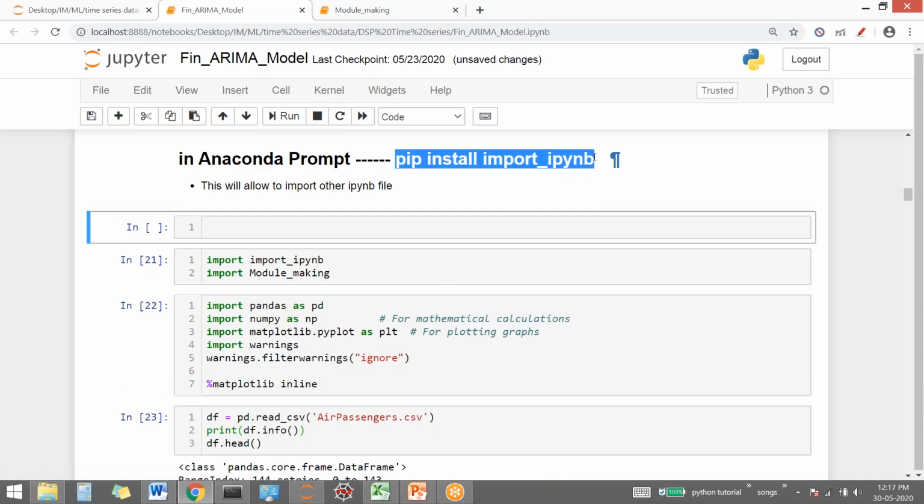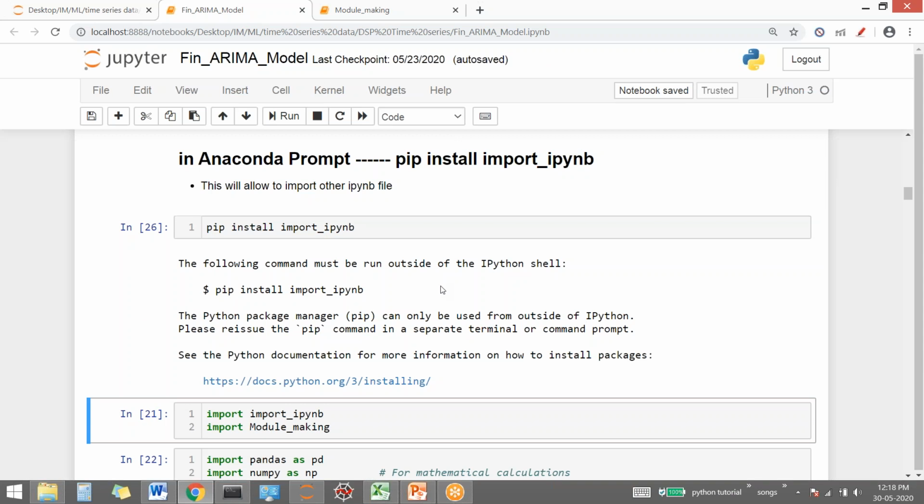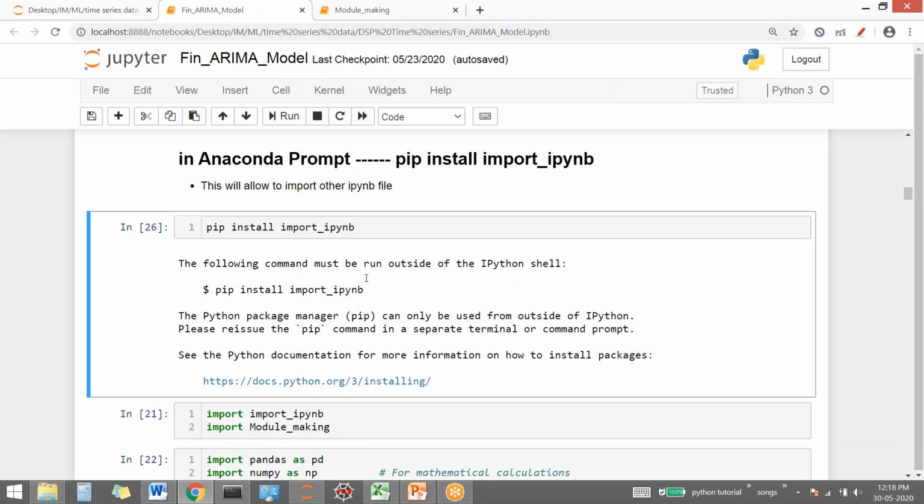It will only work with Anaconda. Some student told me this way. I've never tried it. For this pip install, just type this command here into your notebook and then run it. Those who are not able to do it from the Anaconda prompt, like I've shown you, in your cell, just type this command and then run it. I know some students did it this way and they were able to do it. Or go directly to Anaconda, to the Anaconda prompt, and just type in this command.